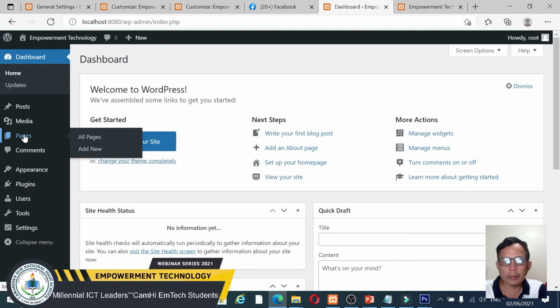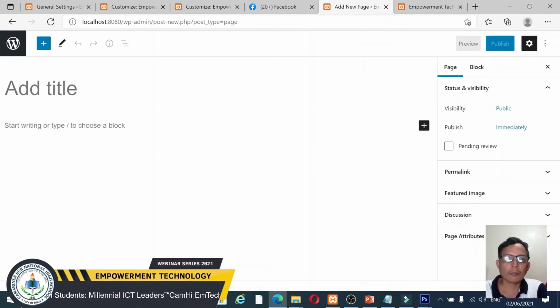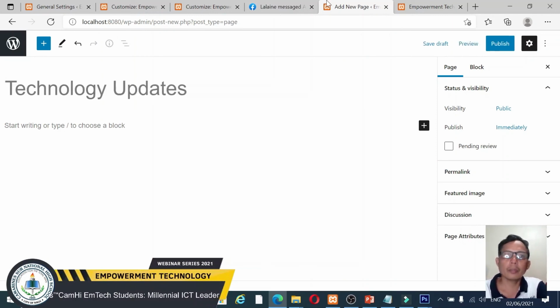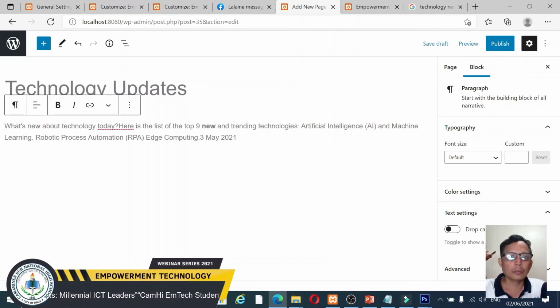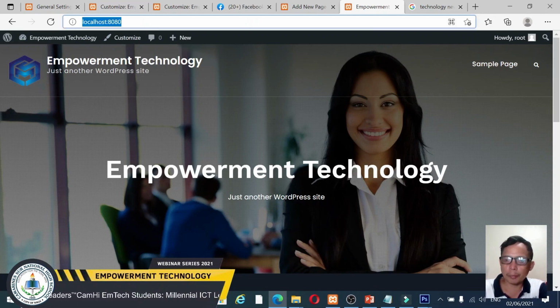For the content, from this page you are able to add a new page. Then check the update.